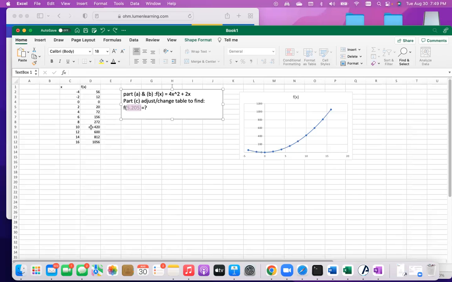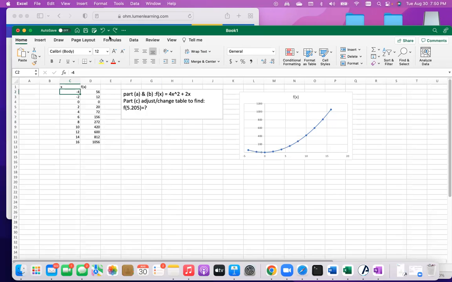If you look at your table, you'll notice that I don't have this value on my table. I have a 4 and then I have a 6. I don't have a 5. So they're asking you, how would you modify, how would you change this table so you could get the Y? Well, the way you would change it is you can either go back here,